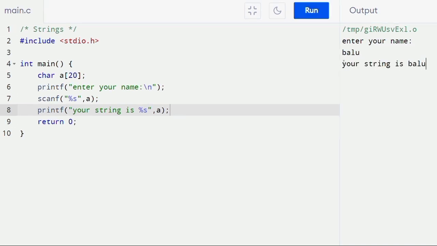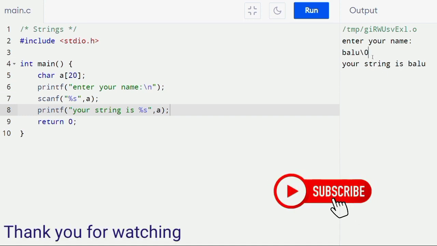This is all about the string, but I want to make one thing clear: the null character. At index 0 is A, B is going to be stored at the 1st index, A at the 2nd index, L at the 2nd index, and U at the 3rd index, but after that it is left as free space. This is going to be stored at the 4th index. So this is the